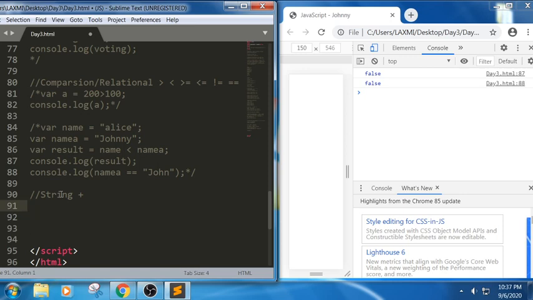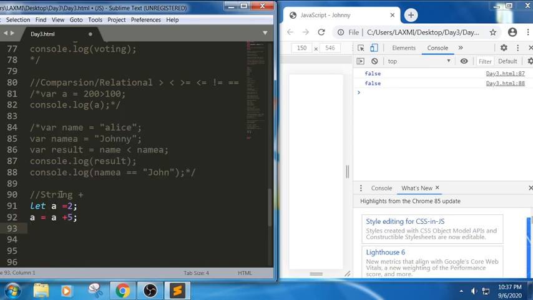With this plus symbol we can also use shorthand notation. For example, I have let a equals 2, and I write a equals a plus 5.